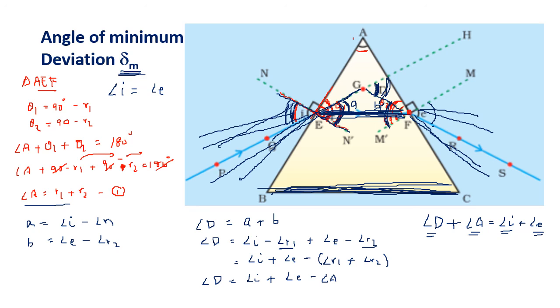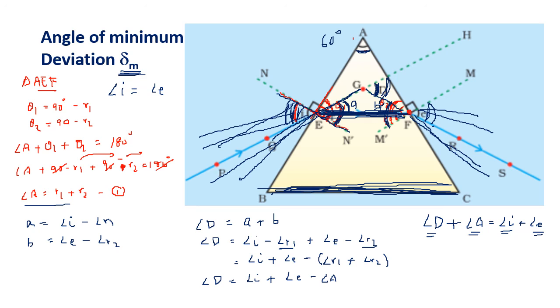Now, this mathematical part is not in the textbook, but it is for your understanding. Try to understand. It might help you in the future. So this is an equilateral prism. Equilateral prism means each angle is 60 degrees. In the condition of minimum deviation, the refracted ray becomes parallel to the base, and the angle of incidence is equal to the angle of emergence. This is not part of the textbook, but this is for your understanding. Try to see it in detail.